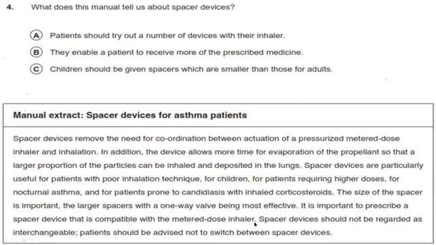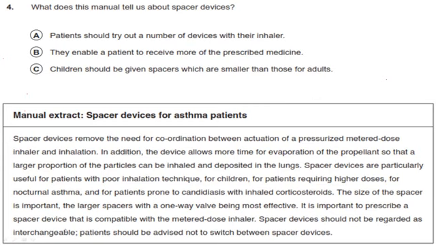Sir, in the fourth line, they said that spacer devices are particularly useful to patients with poor inhalation technique, for children, for patients requiring higher doses, for nocturnal asthma, and for patients prone to candidiasis with inhaled corticosteroids. So poor inhalation technique makes spacer devices useful, so they can use more dose by using this device,